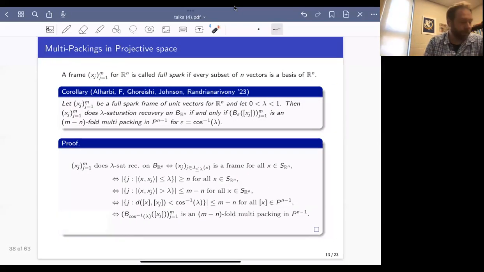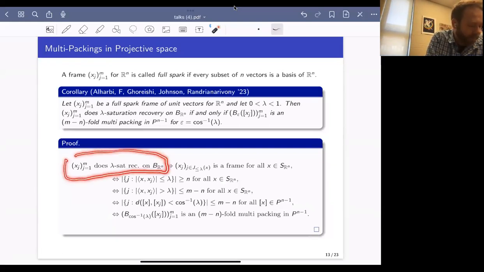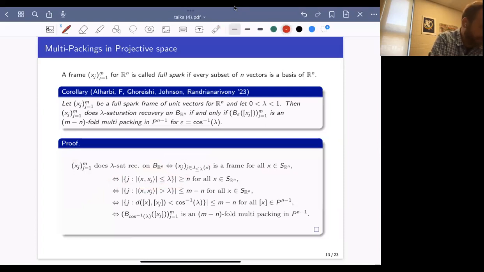So let's give a really short proof of this. A frame does lambda saturation recovery on the unit ball. That's equivalent to the unsaturated coordinates forming a frame for every vector in the sphere. And so the unsaturated coordinates form a frame, and this line is because my frame is full spark,